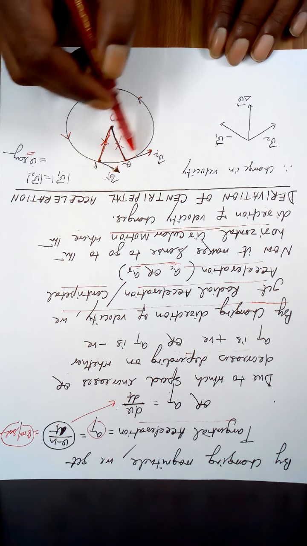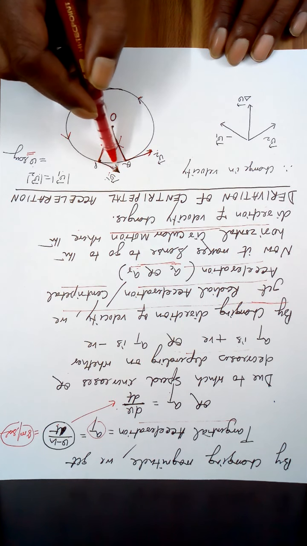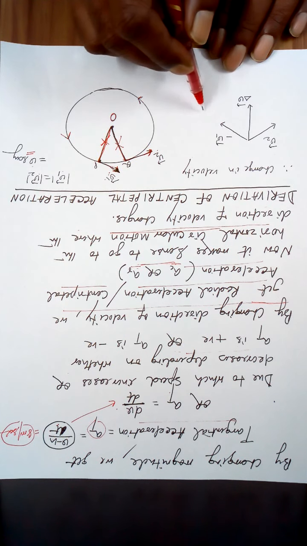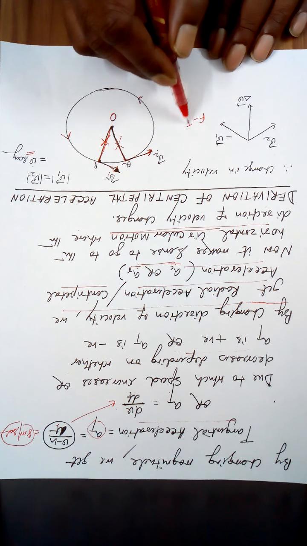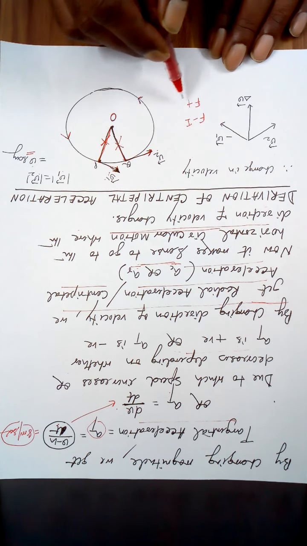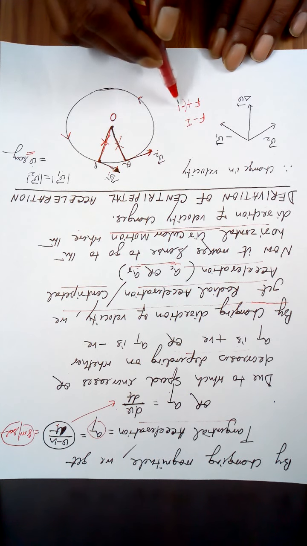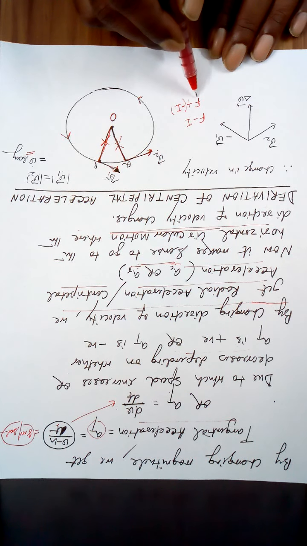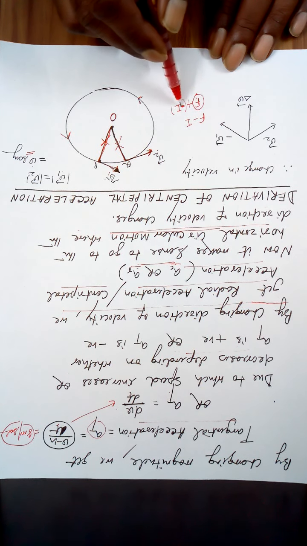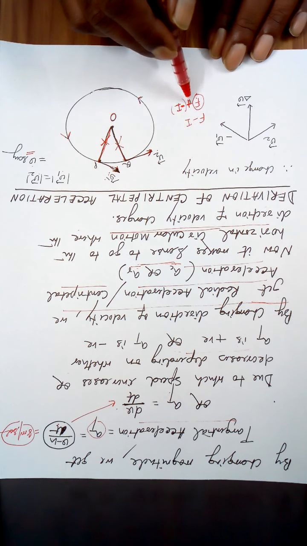Out of these two, V1 and V2, this is the final value, this is the initial value. Any change is equal to final minus initial. That is final plus of minus initial. Means with the final value, you take the negative of the initial value and add them vectorially.